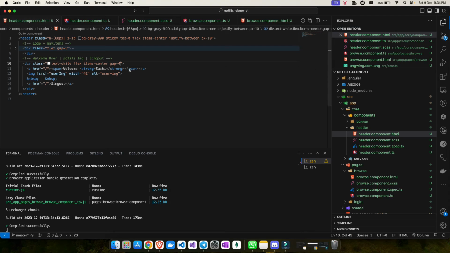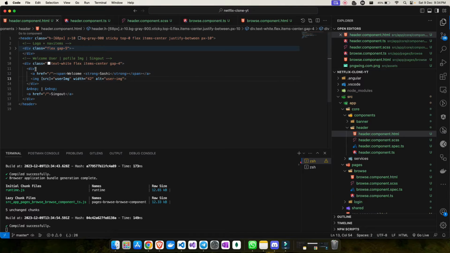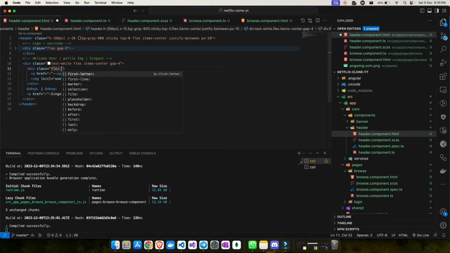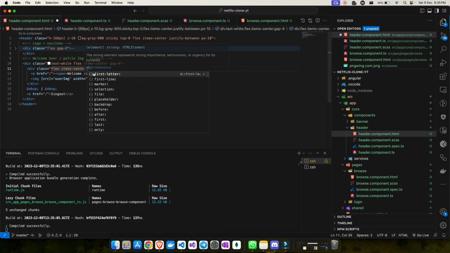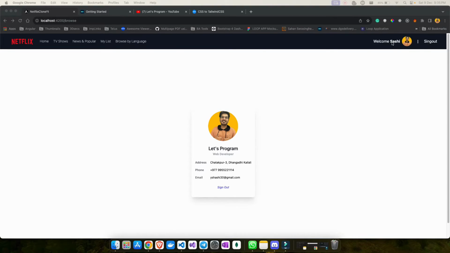So this is better. The thing is, I don't need a gap between these two, so I will wrap them inside a single div. Okay, if you wrap them inside a single div, these two will be together, and make this div as flex. Okay, and this will be items center again. So that's how they are. And let me put a small gap, not a big gap, a small gap of 2. So that's how they are. And I already added a space here, right? So NBSP, so I have 2 spaces here already, and that's how it shows.